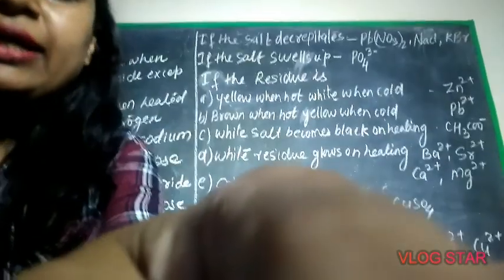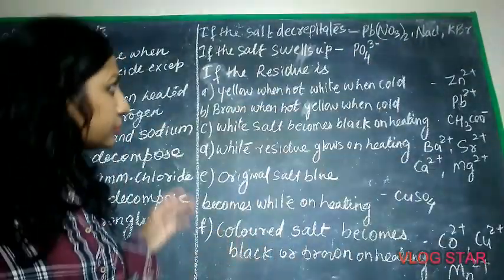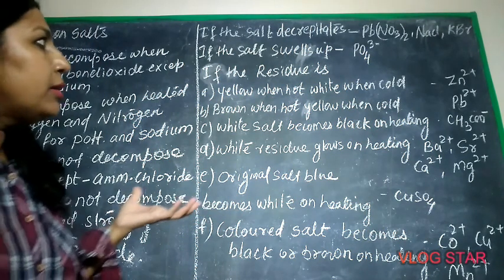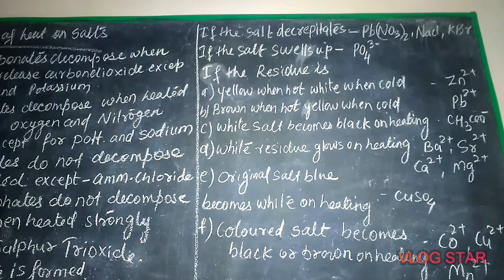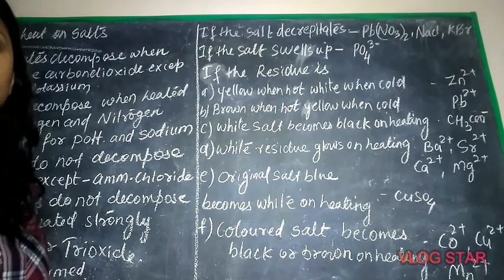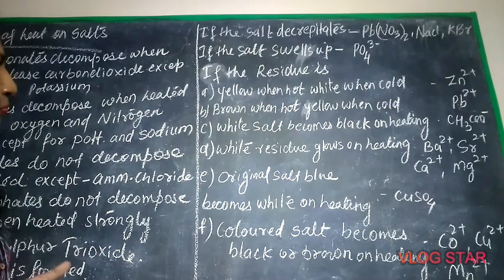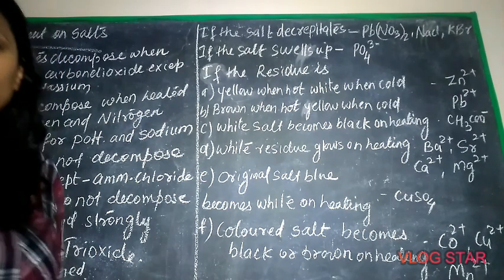Now, if the salt decrepitates, it may be lead nitrate, sodium chloride or potassium bromide. On heating, if the salt swells up, maybe phosphate ion is present. Now, if you see the residue left,